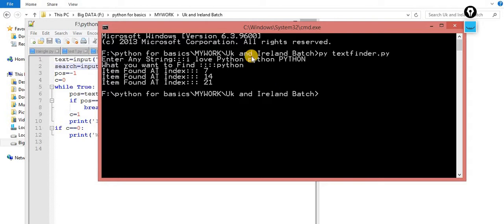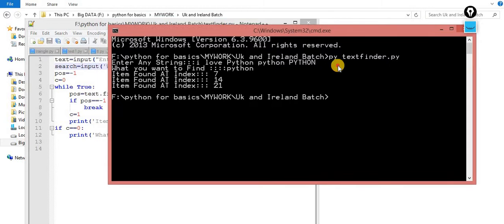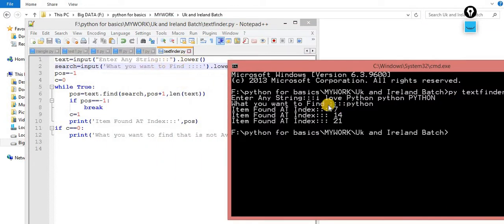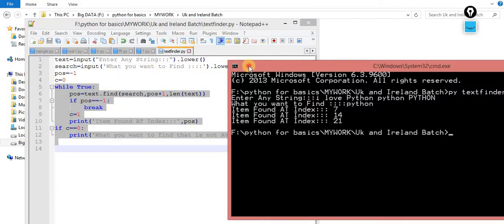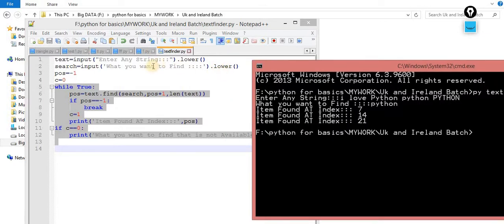Now your code is perfectly fine. What exactly is happening? I took data in this format, but my lower function automatically converted it into lowercase. And again, whatever I am asking from the user, I am converting it into lowercase. So both of these strings now become lowercase. It doesn't matter whether the string is in uppercase or lowercase. Again we know this logic very well: this logic is just to match it and break the loop. So this works fine for the same statement.